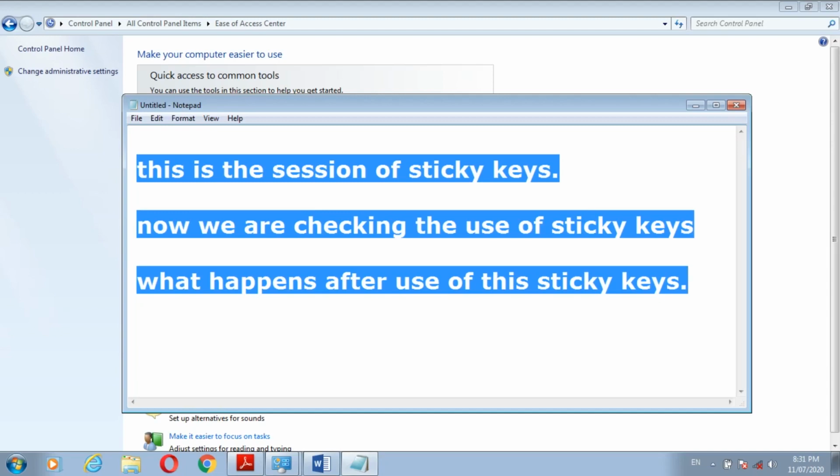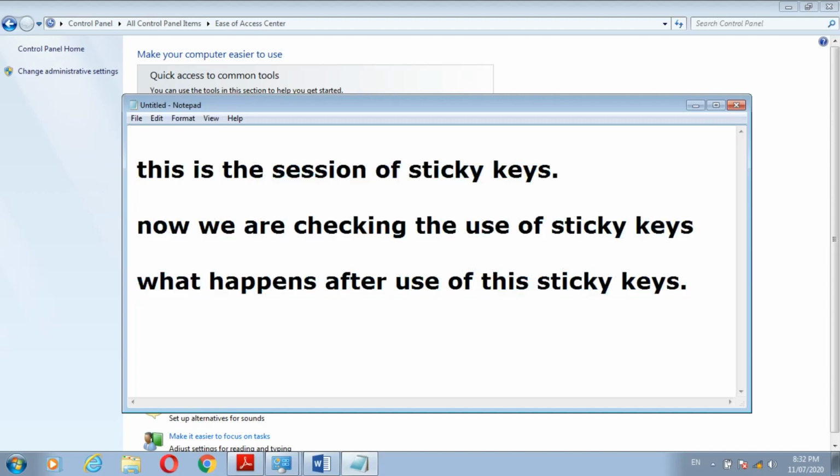Means our sticky key option is working here. In this way we can use the sticky keys.